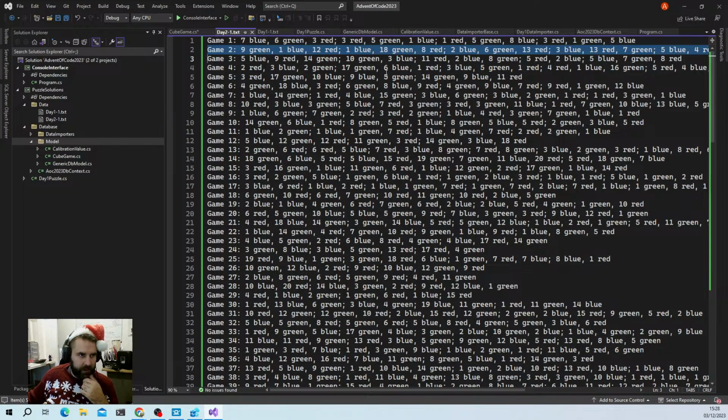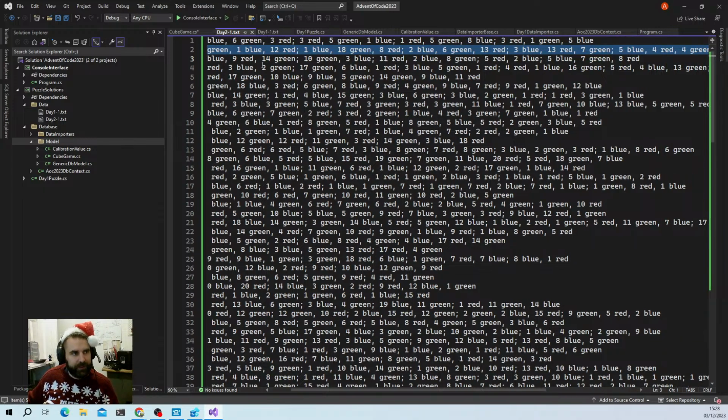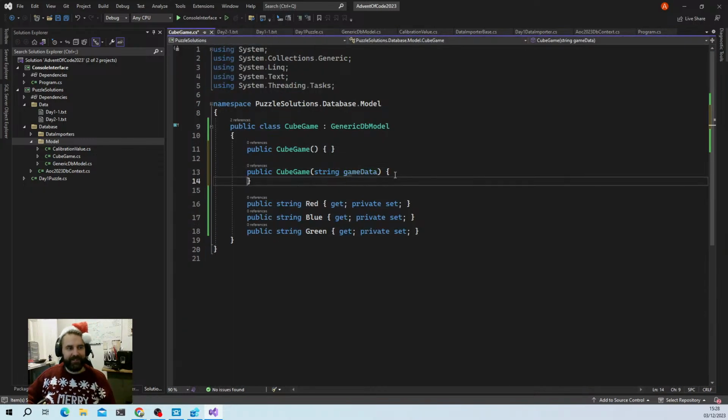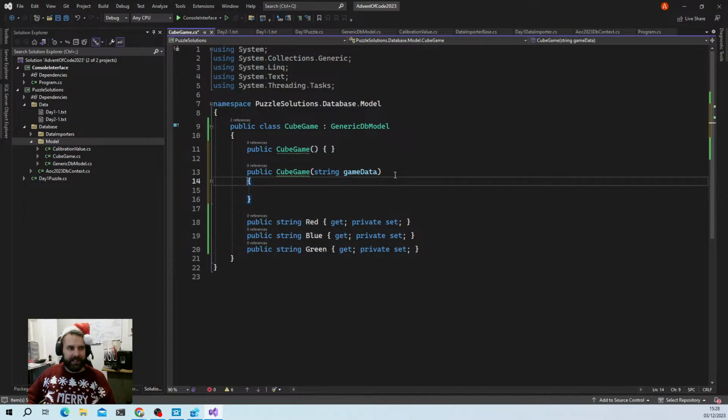So how are we going to do that? I guess we just split on semicolon. We need to get rid of this first. I guess we split on the colon first and discard. Then we trim. Okay, split colon, split, trim, semicolon split, comma split. Okay, so game data. So the actual game data that we want,